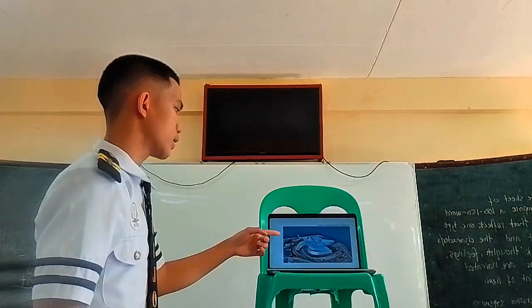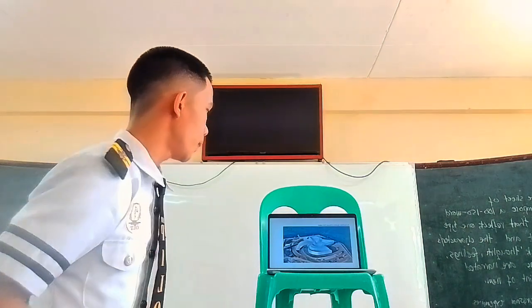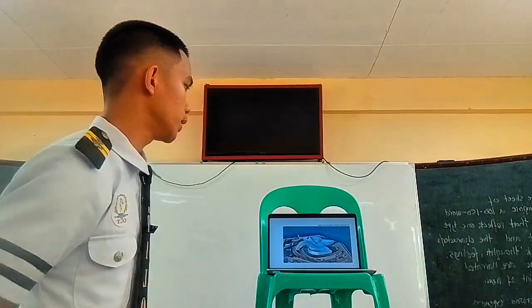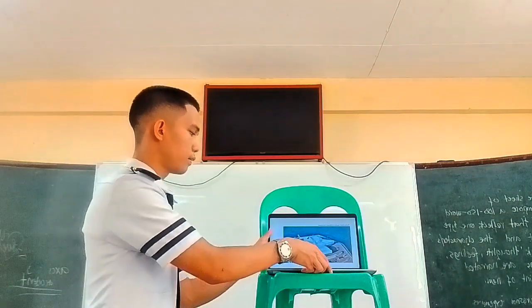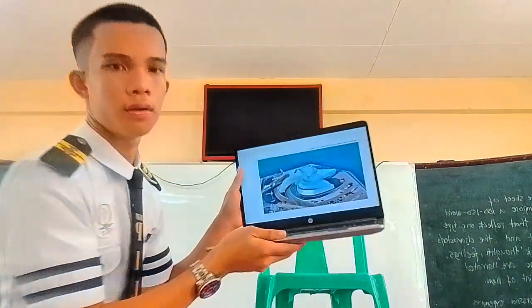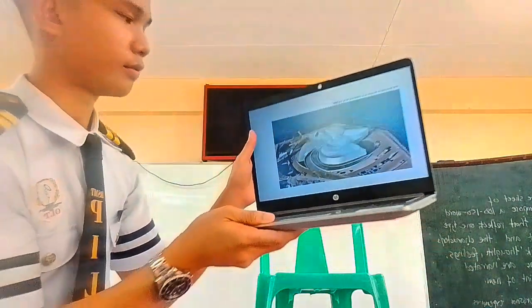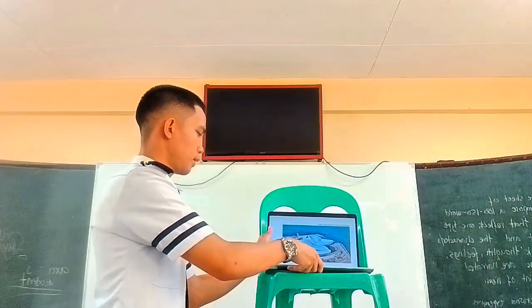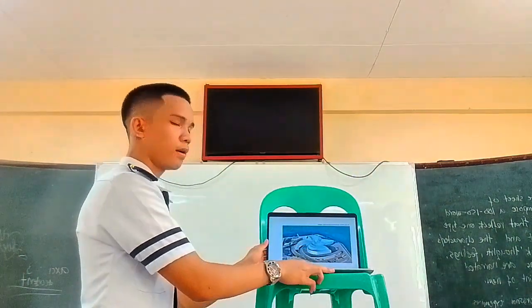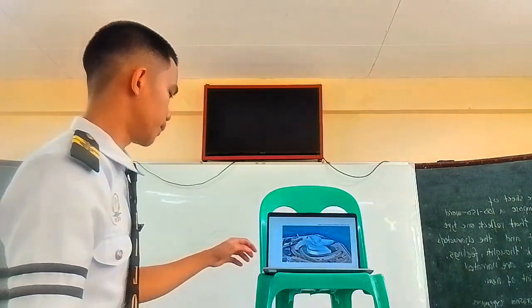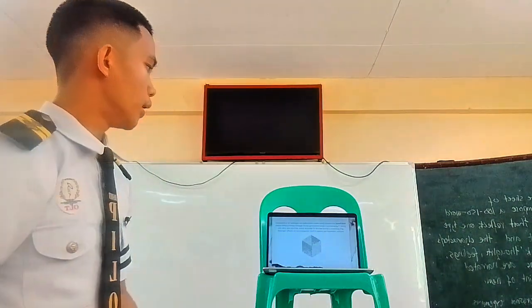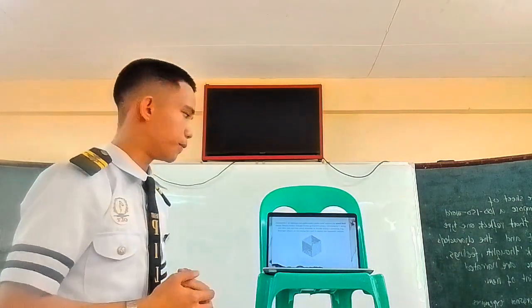Ang basic example niyo, The Blue Planet in Ellesmere Port, England, aquarium. Spiral forms. So, next, the last form, grid forms.